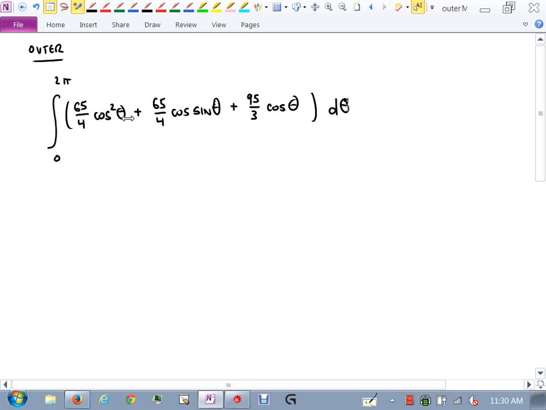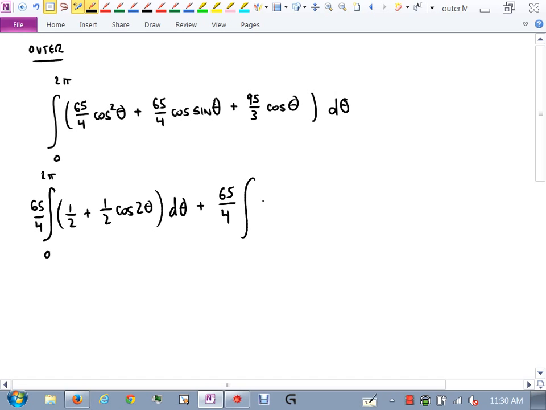So how are you going to integrate this first one here? Probably do a power reduce on that first, right? Make that 1/2 plus 1/2 cosine 2 theta. Remember that formula? Okay. So maybe I'll rewrite that first. 0 to pi. Let me go 65 over 4 out here. This becomes the integral of 1/2 plus 1/2 cosine 2 theta d theta plus 65 over 4 integral, I'm going to rewrite it this way,